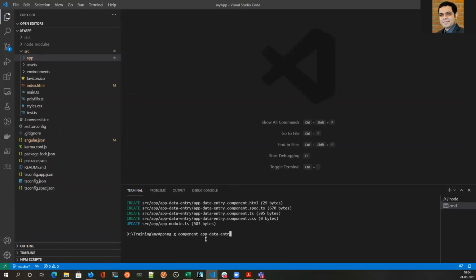So what I want is to create a person entry form. This is the application that we generated yesterday, my app. And I recommend that all of you keep your VS Code ready with me, so we do a live coding of this. Essentially g is a shorthand for generate. You can generate component and give the component name. So let's say person data entry.